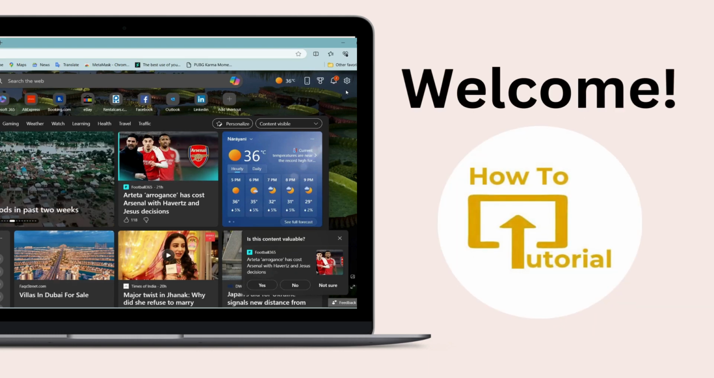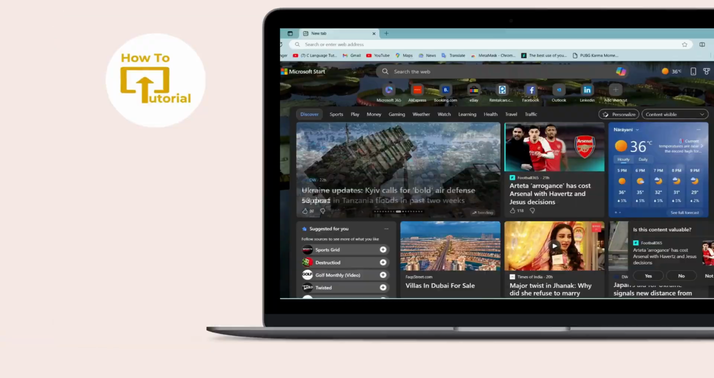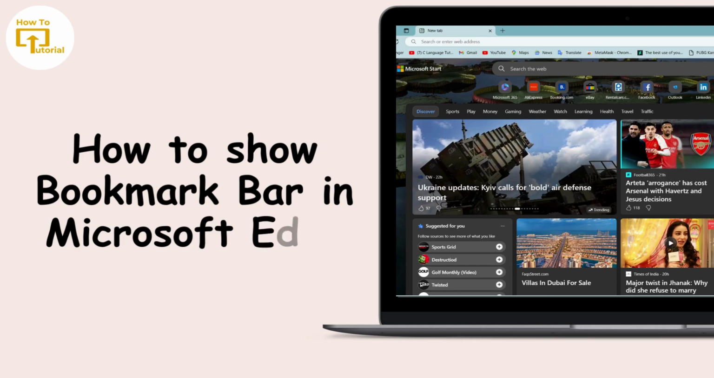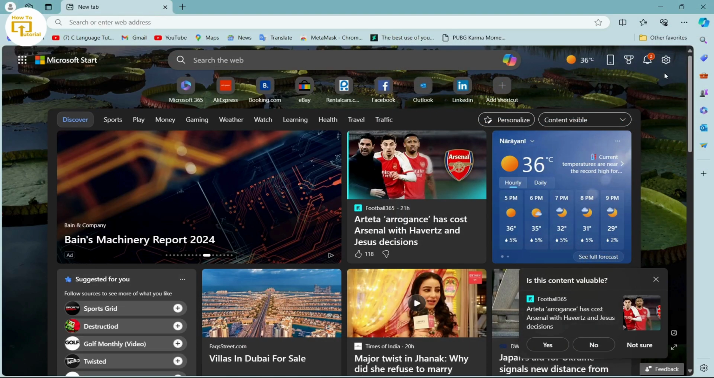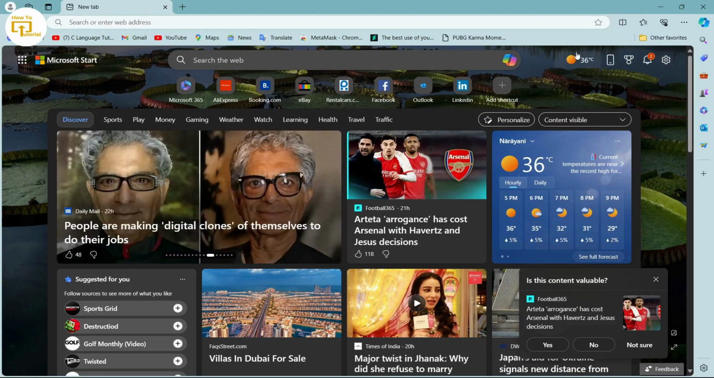Hello guys, welcome to our YouTube channel, and today we are going to learn how to show bookmark bar on Microsoft Edge. So if you want to show your bookmark bar on Microsoft Edge, then what you can do is